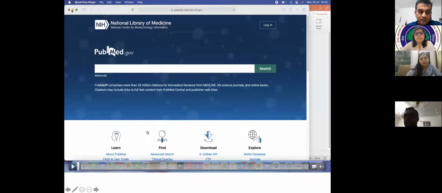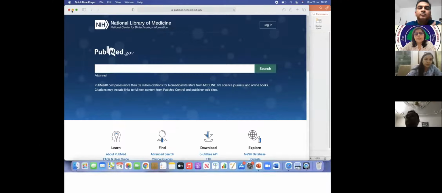Now you can see this is the window of the new version of PubMed. Before getting into it, I would suggest it is always wiser to create an account in PubMed, because it will help you to revisit and retrieve the data you save for future reference.